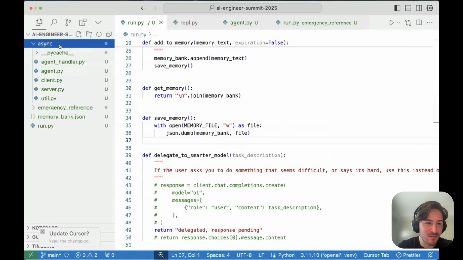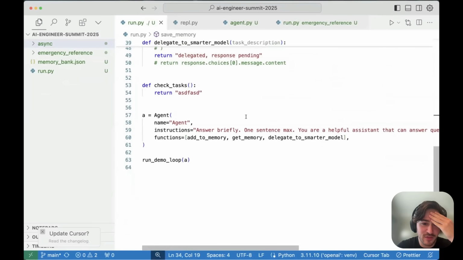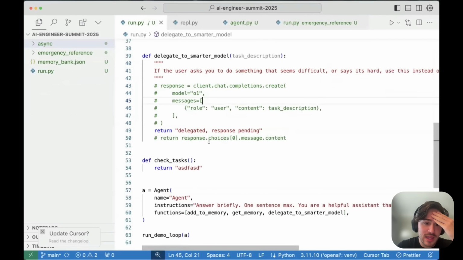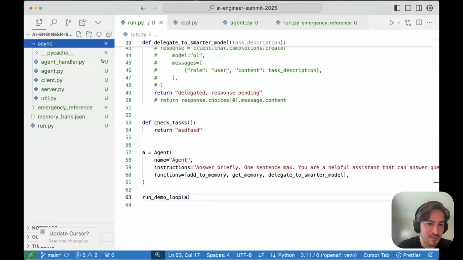So I do have some async emergency reference. Now here's the thing to notice. For this to work correctly, we have this loop that asks for our input and blocks on our input, and is displaying that on the screen. And we don't want to have that be displayed while it's also injecting messages. So we essentially want to separate out where you give user input and where actually interesting stuff happens. So that's what I've done in the basics of this async folder. So let's take a look at that.